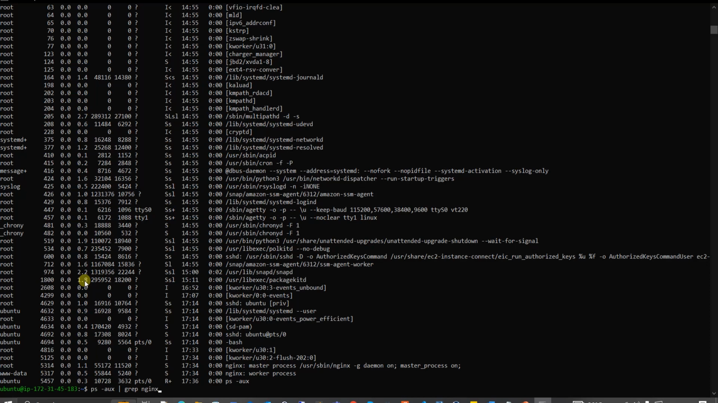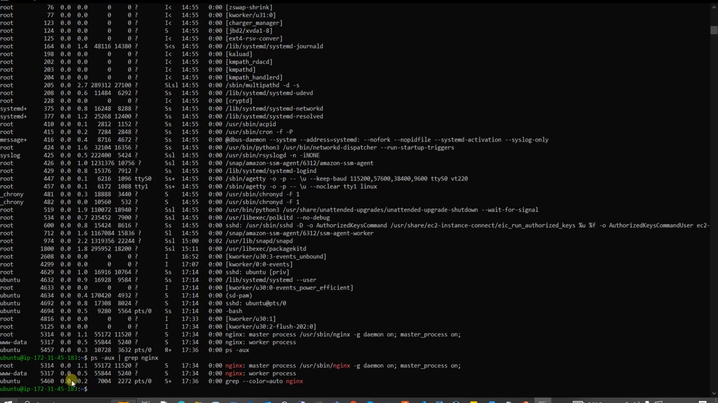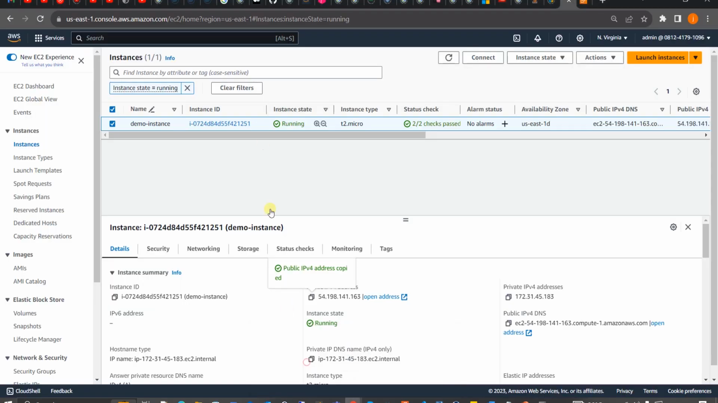You understand? Then it's going to show you that the nginx master process is running and is on. The daemon is on. The worker process is also running. So that's nginx. So for me to also verify it, I'm going to go to my